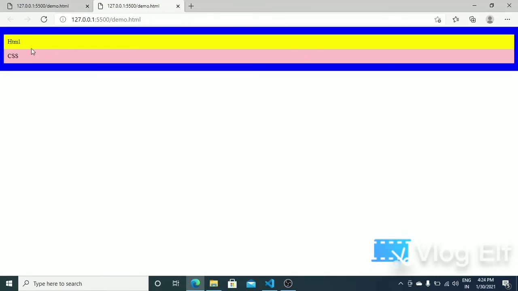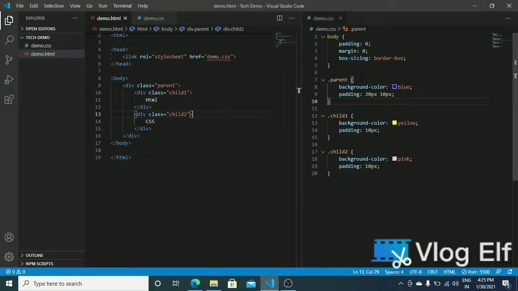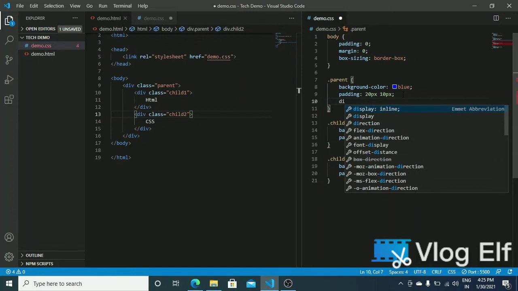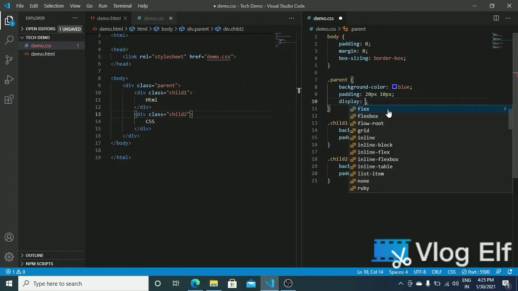So if we want to make these two elements look side by side, meaning HTML and CSS, then we can make use of the flex value of display. So let's do it. Flex.